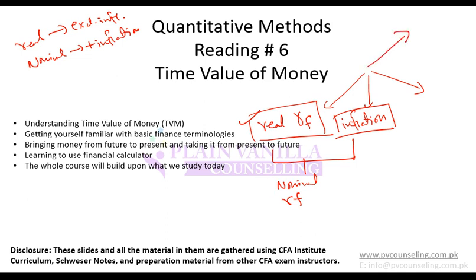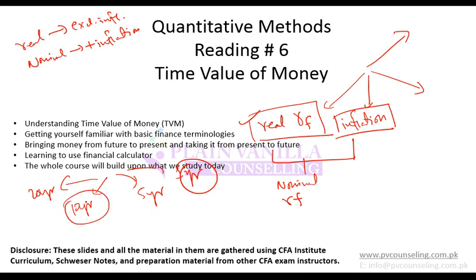Then going forward, you will be making the investment for a specific period of time. So let's say I can either make an investment for 10 years, or for 5 years, or for 20 years or 1 year. That means the return for all these investments should be different. Why? Because in 1 year I have lesser risk, in 5 years I have greater risk, in 10 years I have even greater risk, and in 20 years the risk is highest among all.